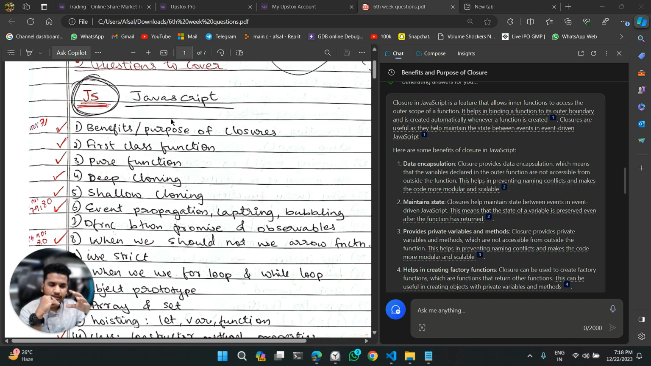So if we are accessing a variable inside the inner function, the function can directly go to the outer function and get that. So there is a closure being created. We can look at what